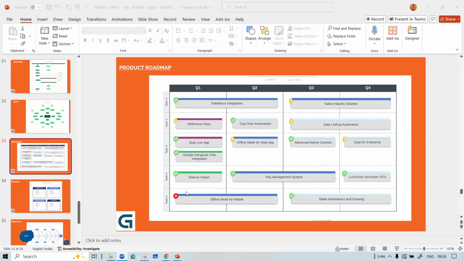When you see the cross button, it means that some sort of error expectation is there, and they have developed some functionality for error handling. So from team 1 to team 5, everyone has been assigned a certain activity, as well as the timeline representing which components they would be working on.